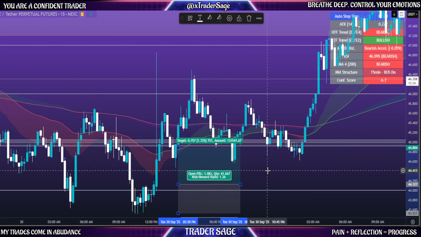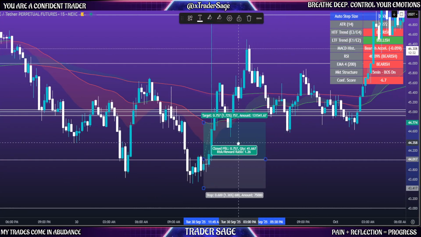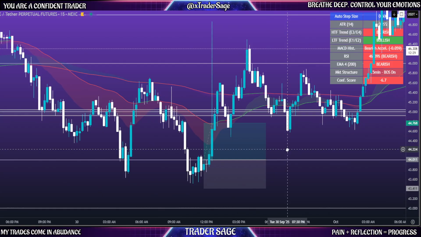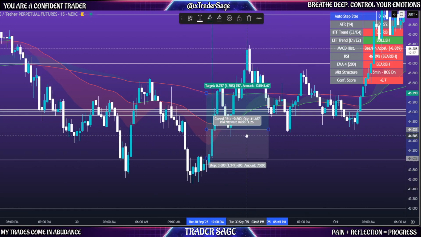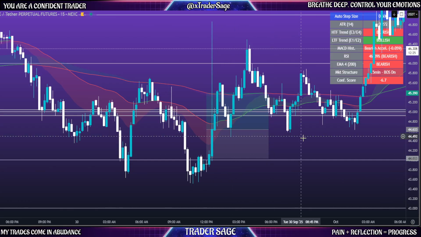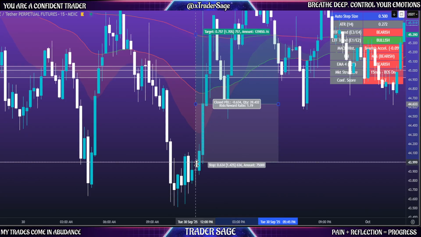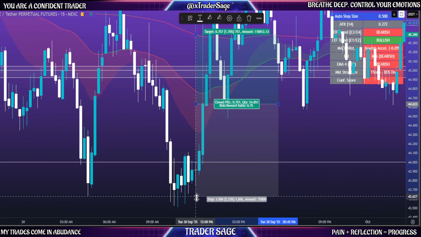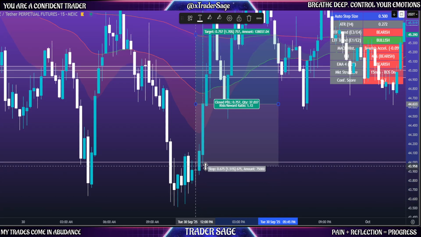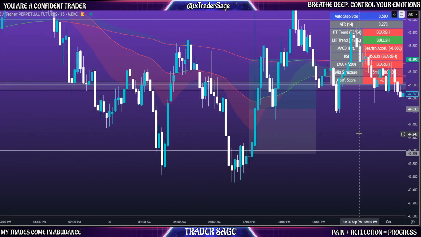So if we were to take this level here, who has the better entry? The person who bought exactly at the price of 45, or the person who bought this candle right here, looking for the continuation up? Now, your invalidation needs to go, you can either put it below all the way down here. You can put it below the prior bar lows, the entry of your candle. But just looking at the price action,